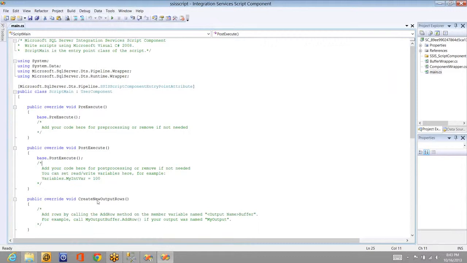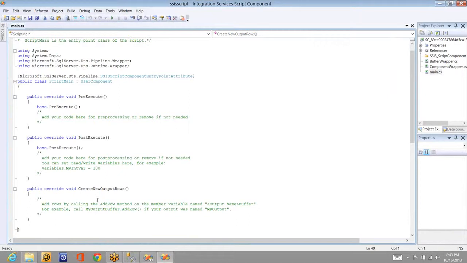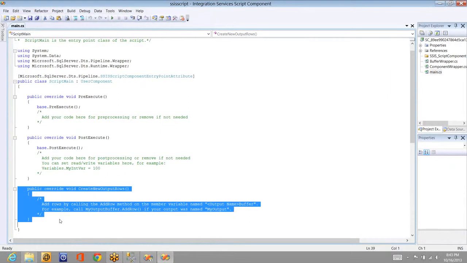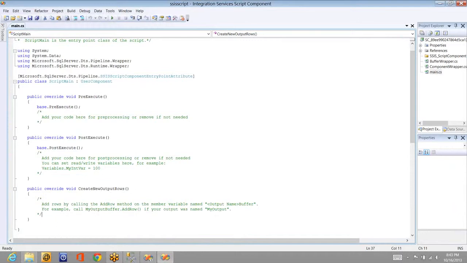In the same way, create new output rows. That means add new data to the rows. You created output columns, you created 3 columns. Now you have to add output to that. You have to add data to that output, right? So that functionality will go here. Okay, this is the place that functionality will fall. And these are the 2 classes, buffer wrapper and component wrapper, which will have all the methods which you can override.